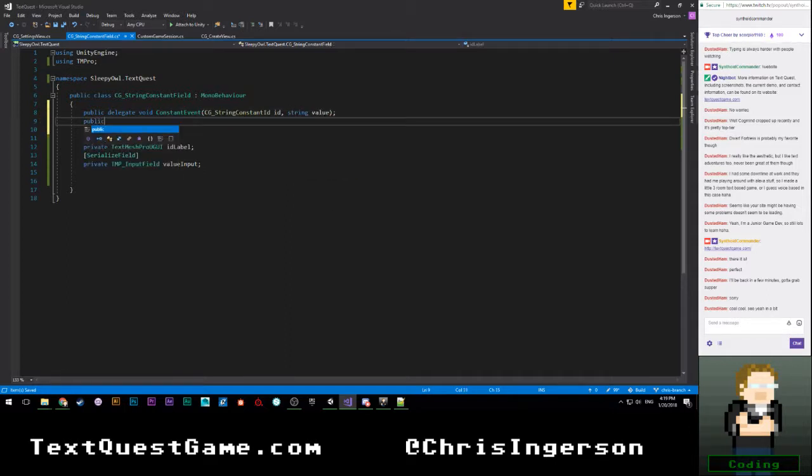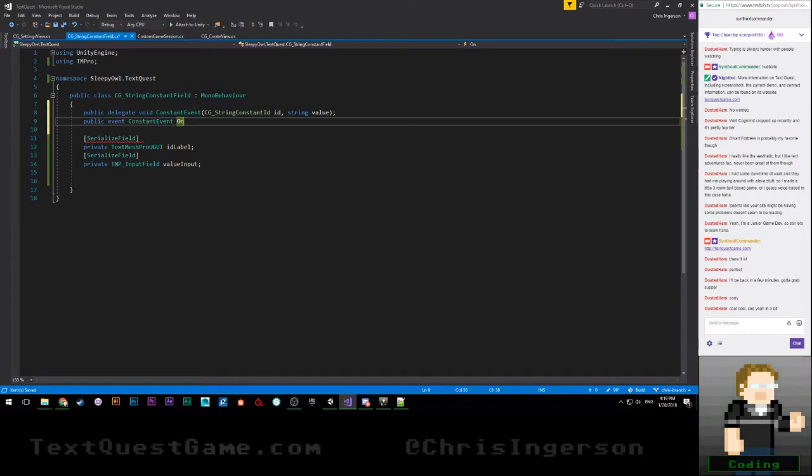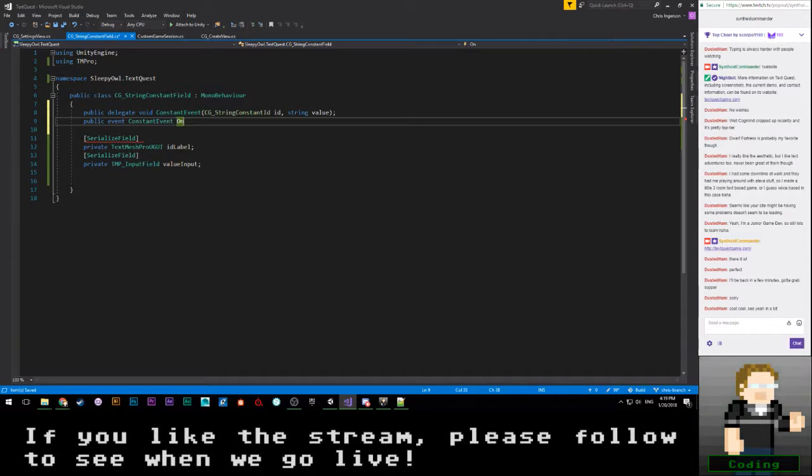Then we're going to go ahead and say public event constant event on value changed. It's equal to delegate. If I can spell delegate. Okay, so that's that event.